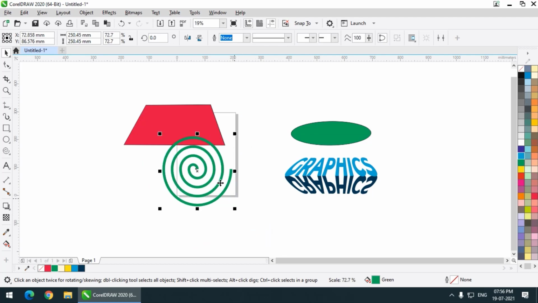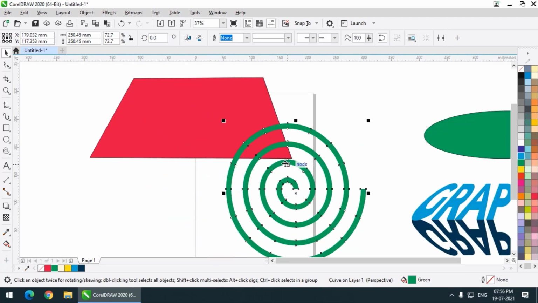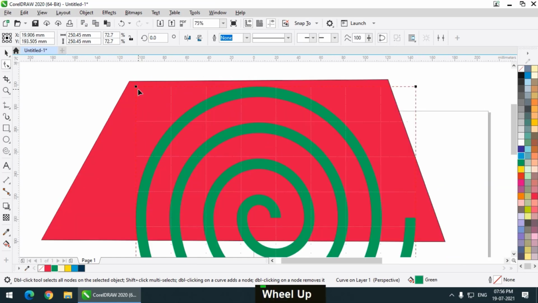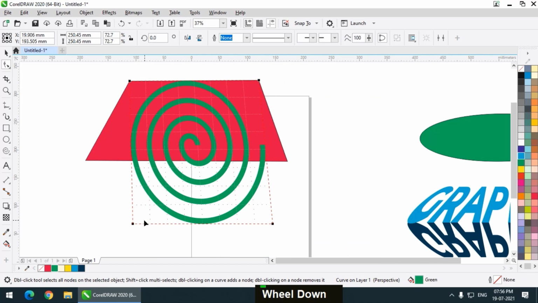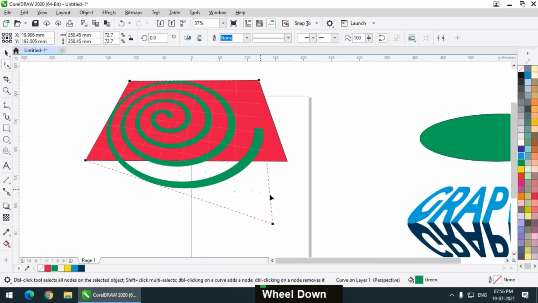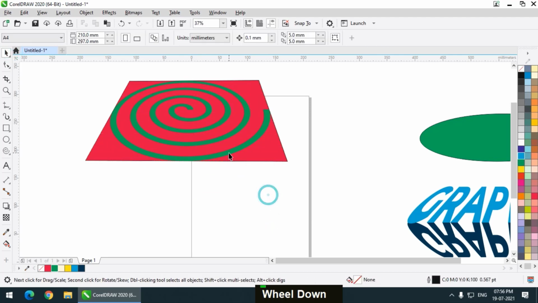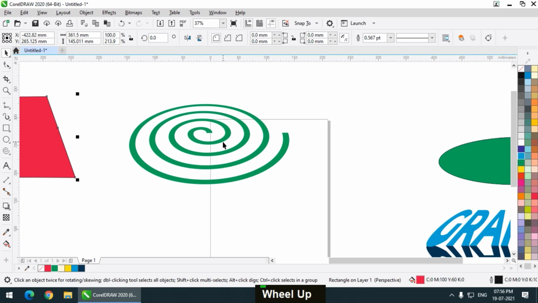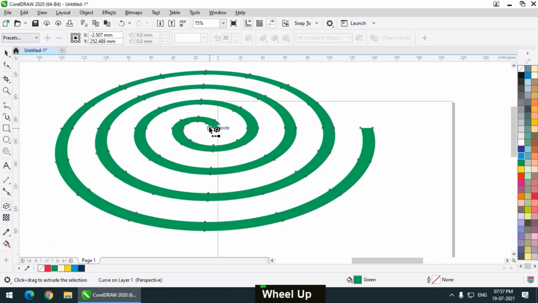So I will decrease it, and I want to put this shape into perspective. Then I can simply use the same option, Object, Add Perspective, and I'll match the anchor points like this. So as you can see, this has put it into a perspective, and now I can move this because I don't need this, because our work is done, and I can then convert it into a 3D shape using the extrude tool.